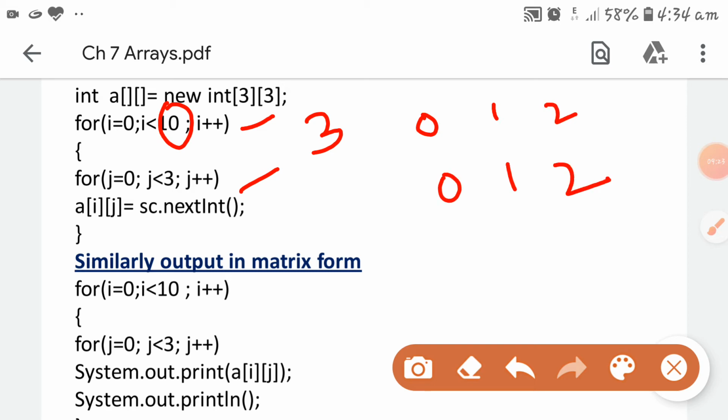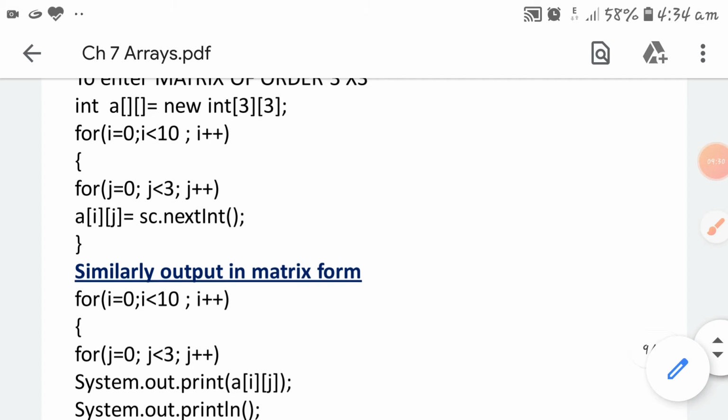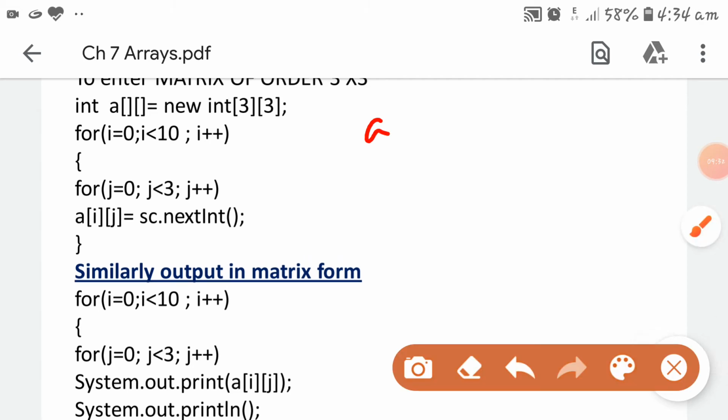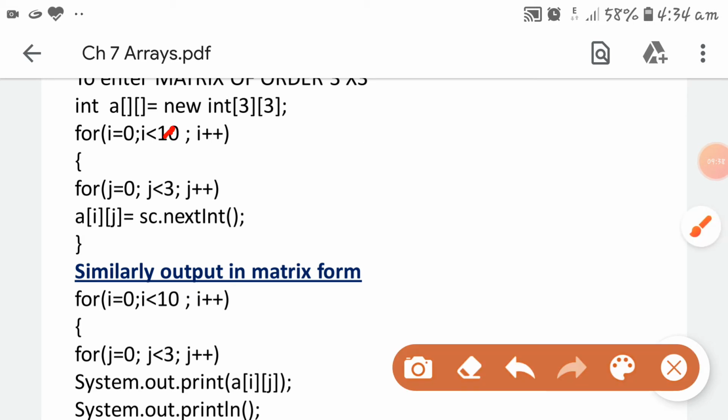So A[0][0], then A[0][1]. How will it be there? First of all, here I will do this correction. Let me do the correction. Here it must be 3. Okay, so this is the correction.